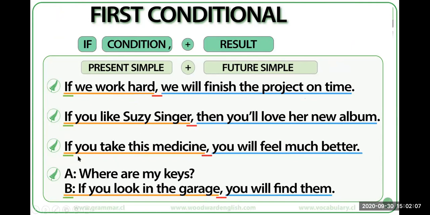Then we have, if you take this medicine, you will feel much better. Where are the keys? If you look in the garage, you will find them. So as you can see, all the results that we have in these first conditional sentences are probable in the future.